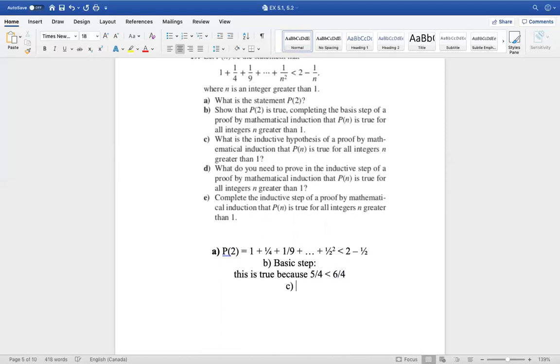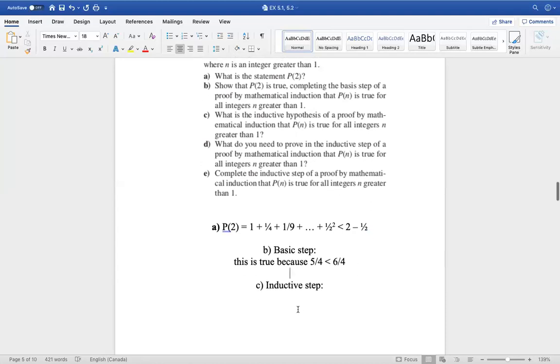In part C, what is the inductive step? So we have to think of one step ahead. So in the inductive step, this is going to be 1 plus 1 over 4 plus, we can just skip 1 over 9 here and then put the dot, or we can include it, up to you guys. Then 1 over